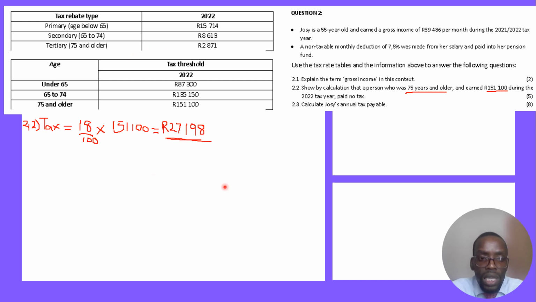What that means is the person is going to get the primary plus the secondary plus the tertiary, because 75 years and older is here. So the person is going to be a beneficiary of all these rebates: primary, secondary, and tertiary. So it means the rebate, in other words the tax relief that the person is going to get if he's 75 years and older,